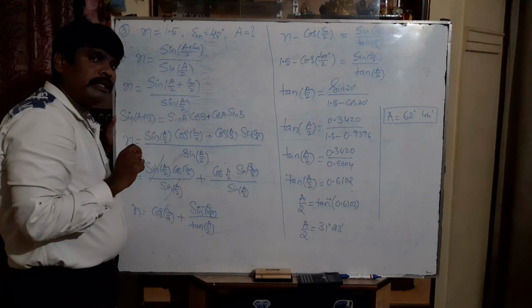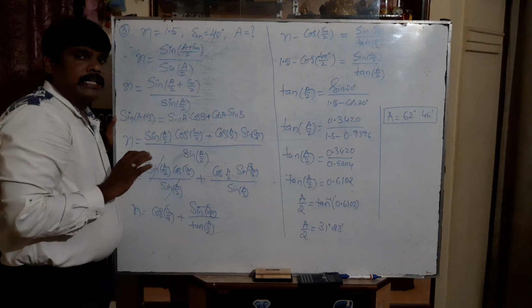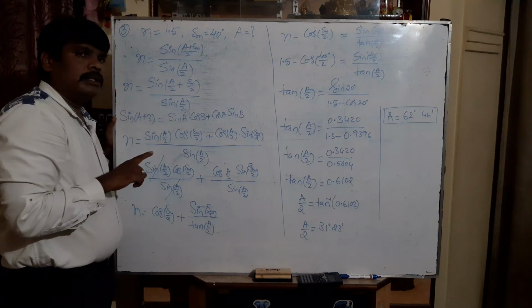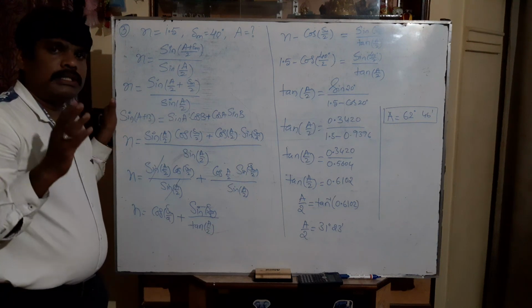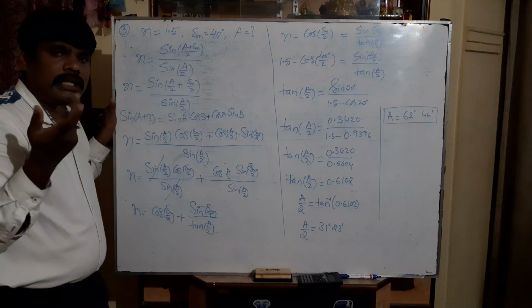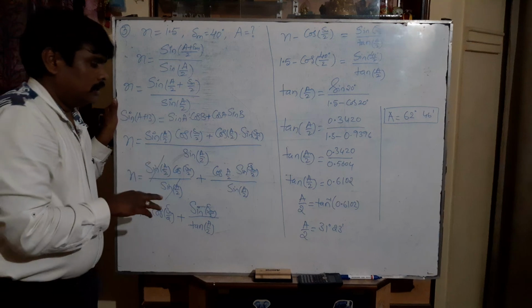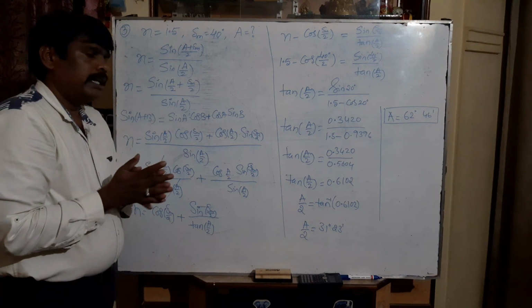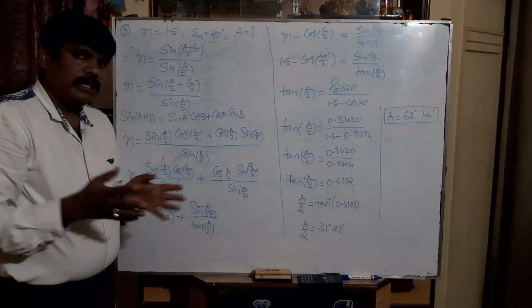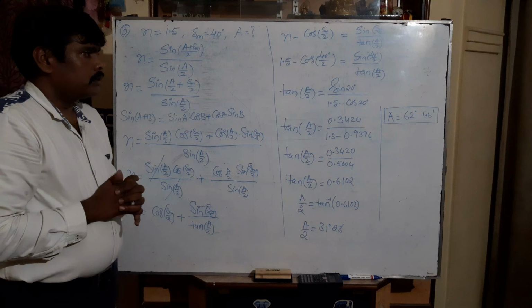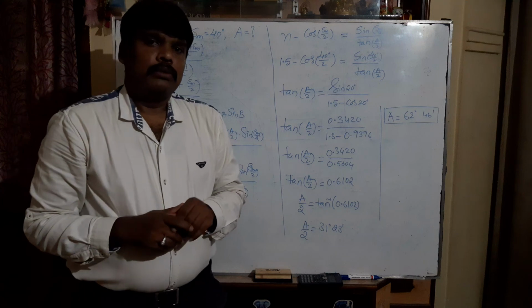One more important thing I want to specify. You are not supposed to use a scientific calculator. Compulsorily you have to use a class table. I already explained in the first PUC how to use the class table. There you have to remember how to take the logarithmic value and how to take the trigonometric functions value, both the angle values and inverse functions. That is very important. Suppose you do not know how to take the value, I will explain in one of the videos.